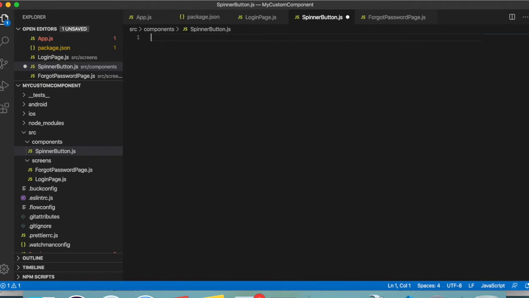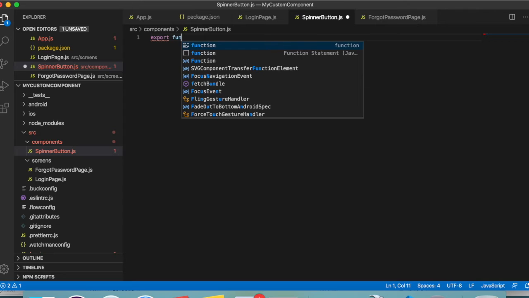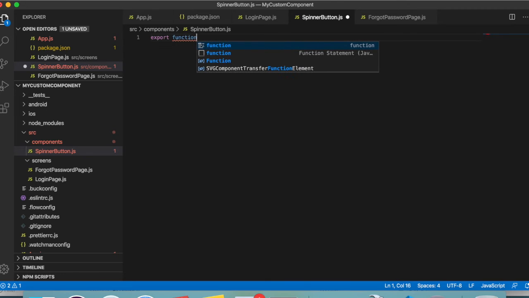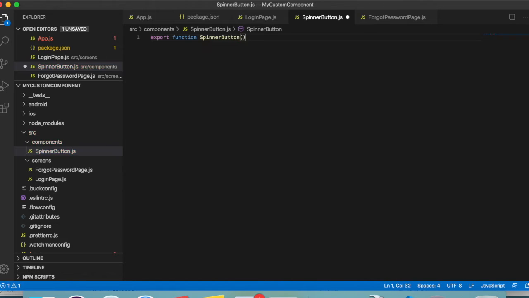I am going to add a SpinnerButton function over here. It is going to take the props and it is going to return our button.